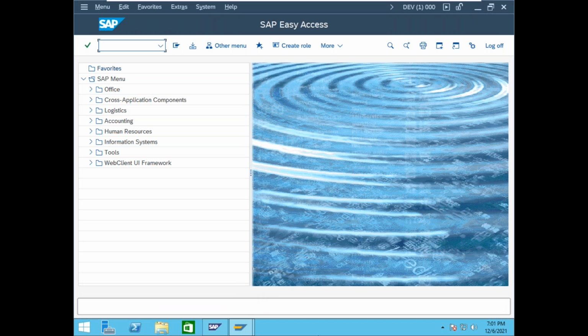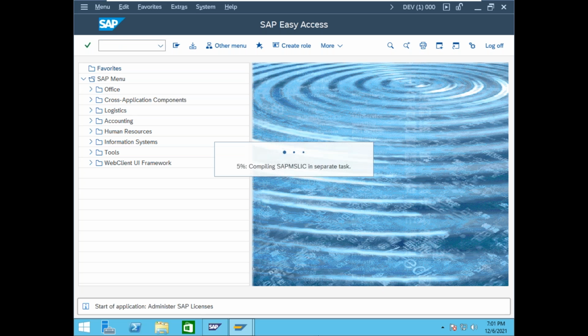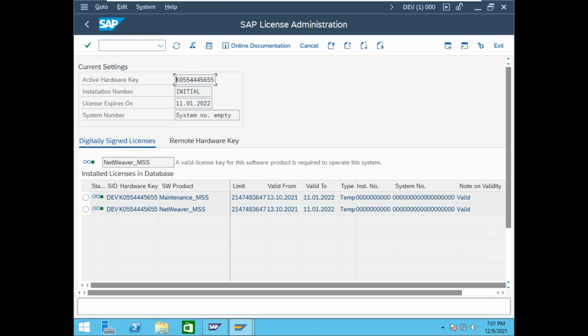What is the T code to apply the license? SLICENSE is the T code to apply the license. Enter. Now it is a temporary license. You want to apply a permanent license. These two licenses, maintenance license and software license, you get in a single file only.